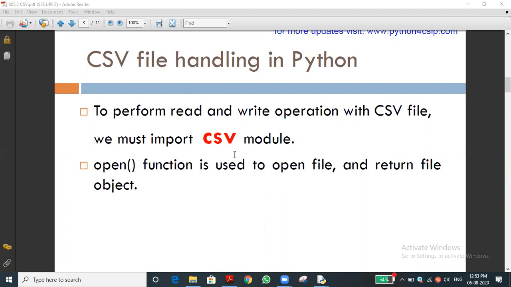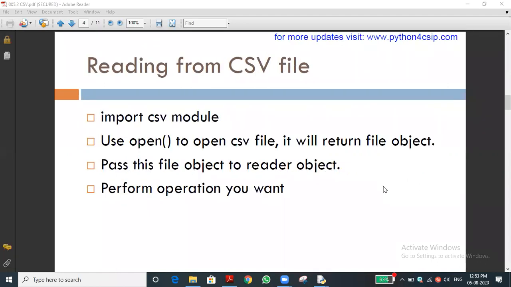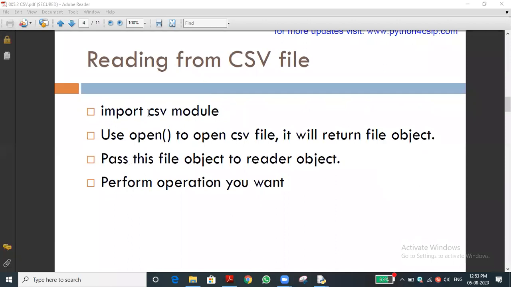Here we have seen one unique thing: we are using two types of object. Can you say the object names? One is the file object, another one is the data object. For example, while we are writing, we should call it a writer object. Whenever we are opening the file for reading purpose, we should say it is a reader object. The name will vary based on the operations we are going to do. This slide also we have discussed. We need to import the csv module in order to open the CSV file.